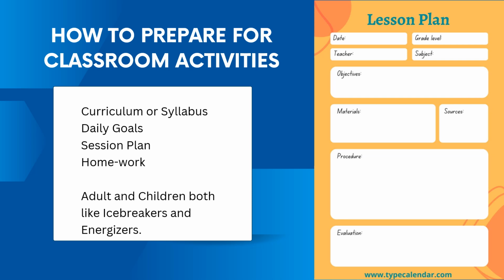A teacher has to firstly understand the curriculum and set weekly, daily goals, plan his or her session well in advance, and assign homework to students. If you see the lesson plan shown here, there are elements like objectives, materials, source and procedure, followed by evaluation. Objectives could be based on Bloom's taxonomy. Material are the learning aids. Sources refer to the learning content, and procedure refers to the teaching or pedagogy procedure. Evaluation refers to tests and project assignments by which grading is done.